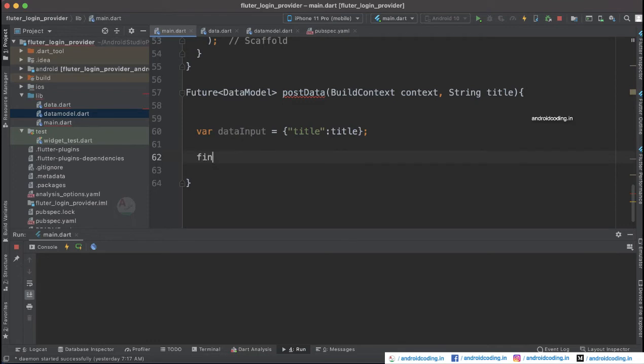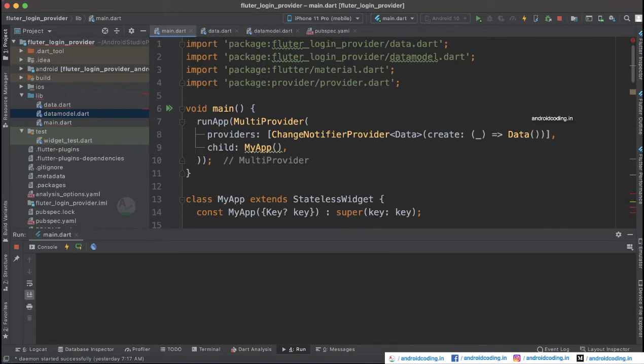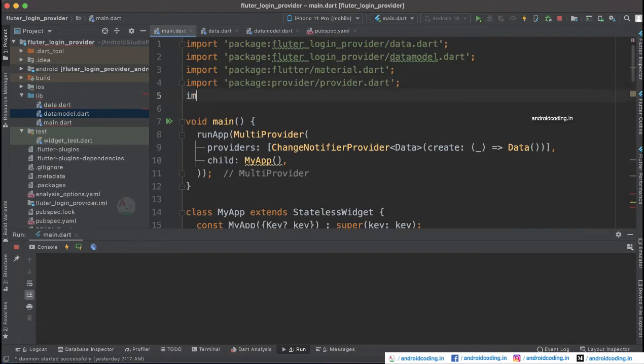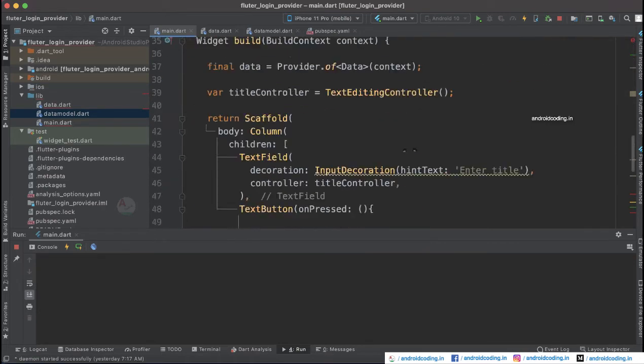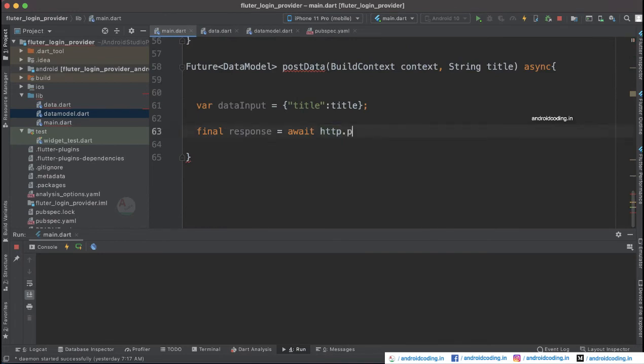So now let's try to handle the API call. So final response equal to, and also we need to make this method asynchronous and add await here, http dot, make sure you have imported the http here. Let's try to import our package http. We have added it as a dependency in the pubspec file. So let's make it as http so that you can just make use of http here